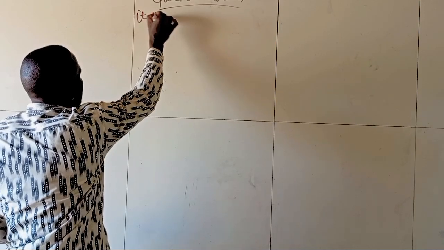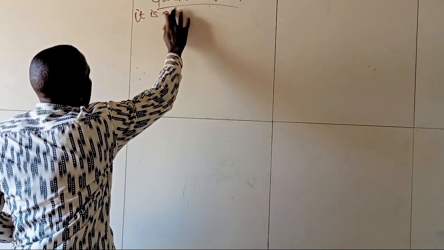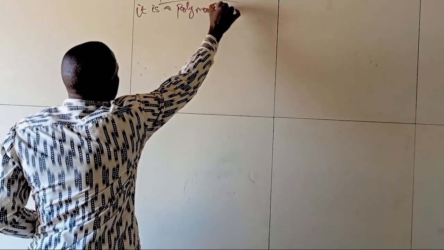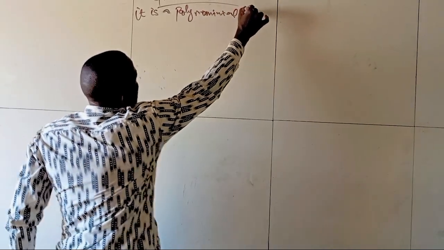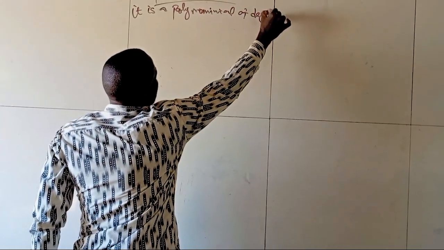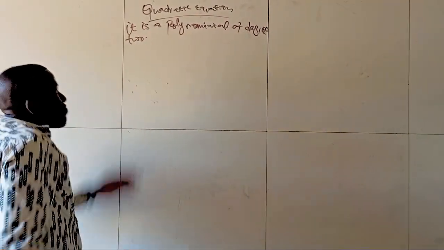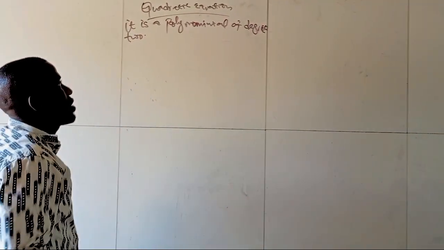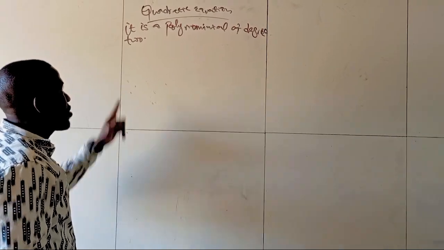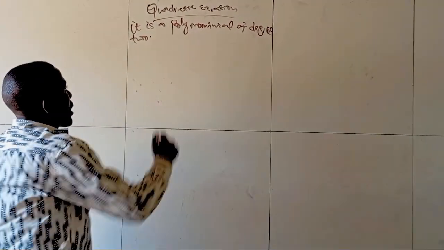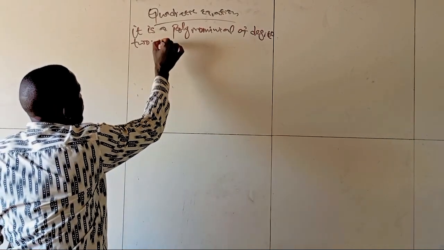It is a polynomial of degree 2. Basically that's just what quadratic equation is, because the highest power of x for quadratic equation is always 2, and it is of the general form